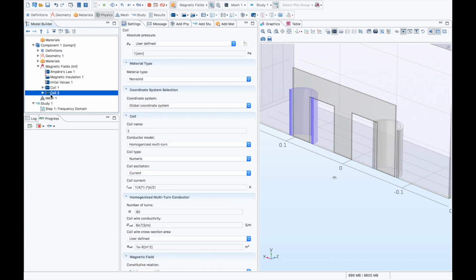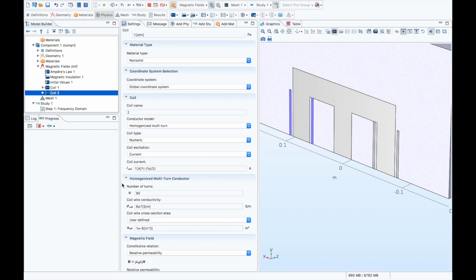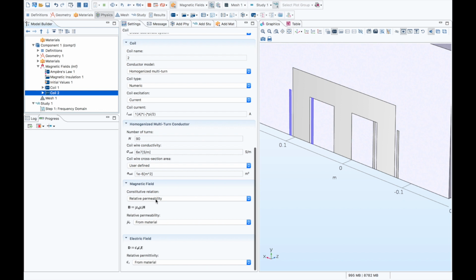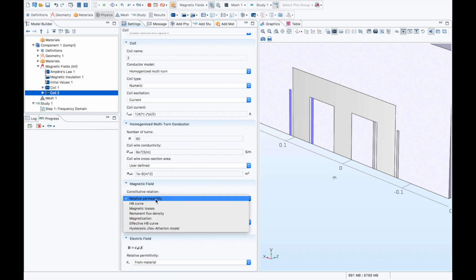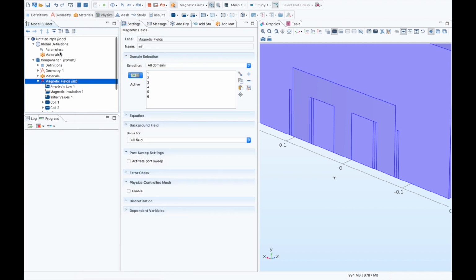Okay, so that's all for the properties. Currently we have this relative permeability, so between the B and the H field we have this relation together. One thing is missing here because we are using quite low frequency. So if we go here, we can set up the frequency, which is 10 Hertz that we